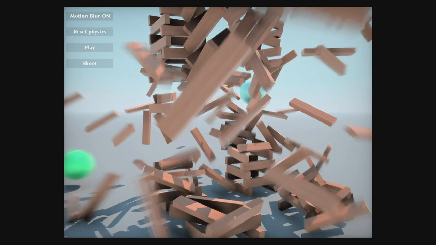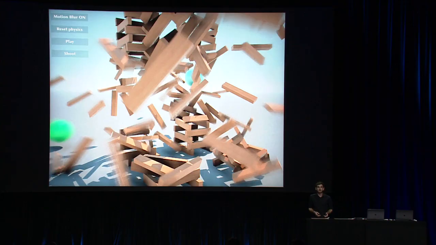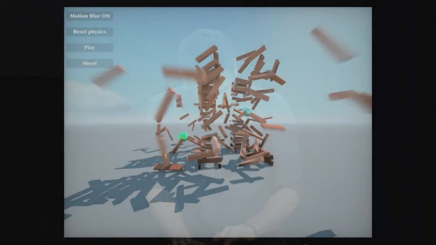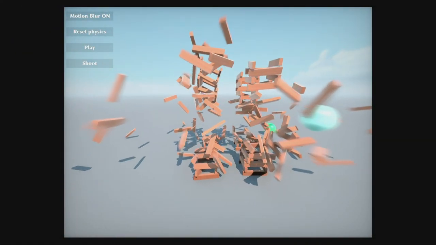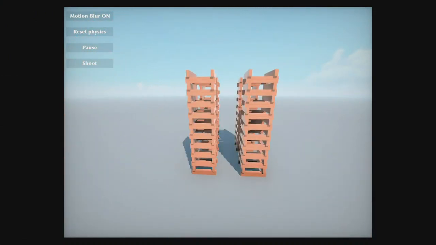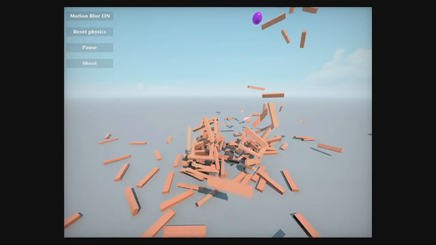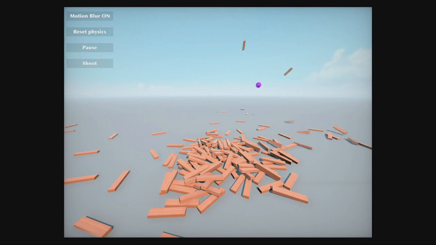Our brain interprets the blur as a movement, and you can actually see the objects in motion even if the image is static. We can even change the point of view, and we still have a good idea of the direction of each object. So this really improves the perception of motion in the scene, and the result looks more realistic.